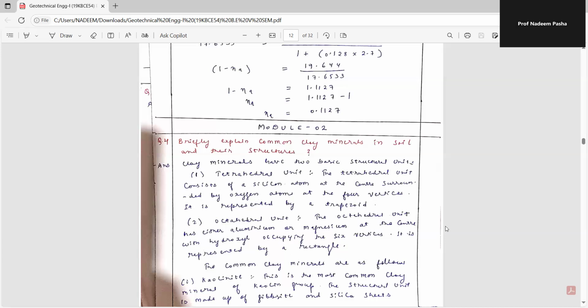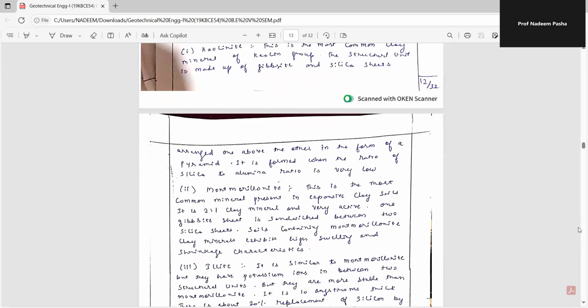The common clay minerals are as follows. Kaolinite. This is the most common clay mineral of the kaolin group. The structure is made up of gibbsite and silica sheets, arranged one above the other. It is formed when the silica to alumina ratio is very low. Next type of structure is